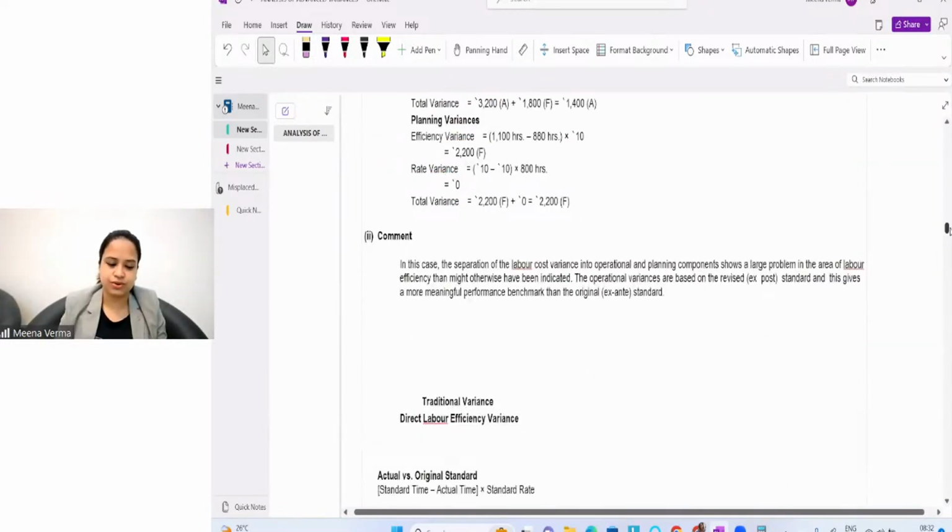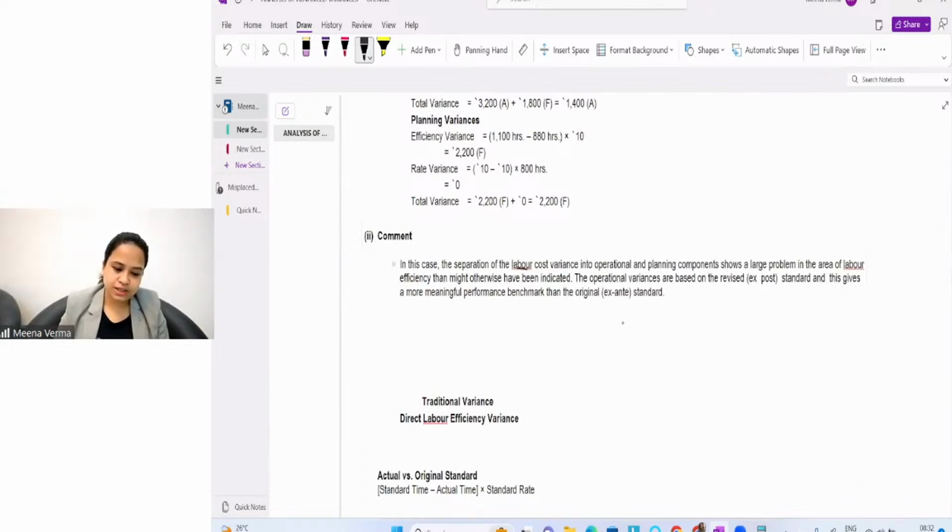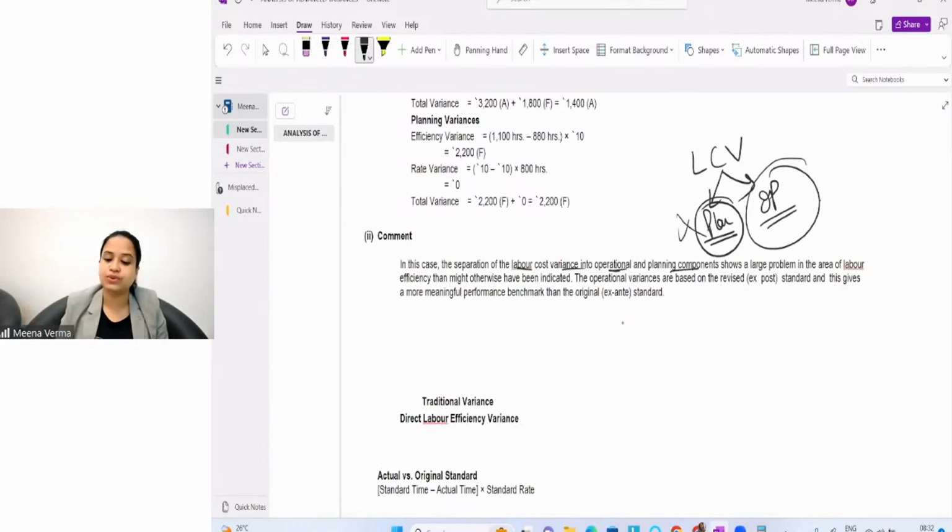Let me read the comment for you. In this case, what is happening? The separation of labor cost variance into operational and planning variation. What are you doing? Total variation, traditional variation, labor cost variation, you are classifying it into planning variation and operational variation. Why? So that you can find what mistake was made at the strategic level and what mistake was made at the operational level. You saw there is no mistake at the planning level, which means whatever mistake is happening is happening at the operational level, if this is coming as unfavorable. Okay. So